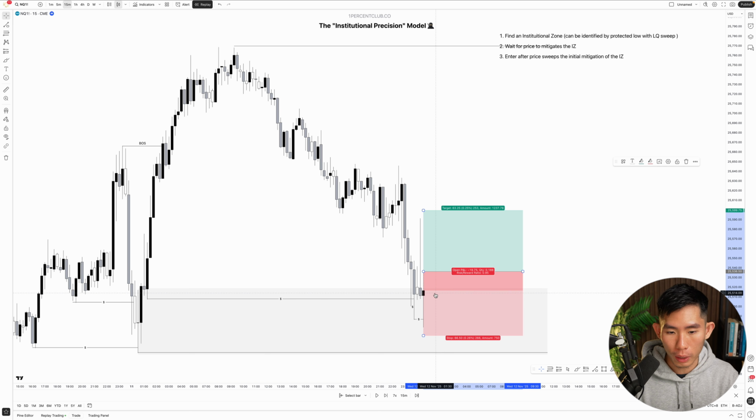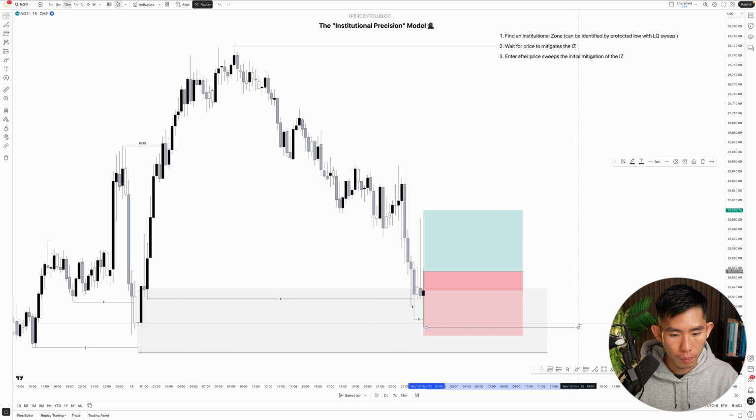Because this is me assuming that this right here is going to become the new protected low, right? Because right now, it has swept all the available liquidity that we have on the left-hand side right here, which means that price is most likely going to respect this protected low right here and just continue going up. Because this is the second time institutions actually entered for long positions, actually scaled into the position itself, which also